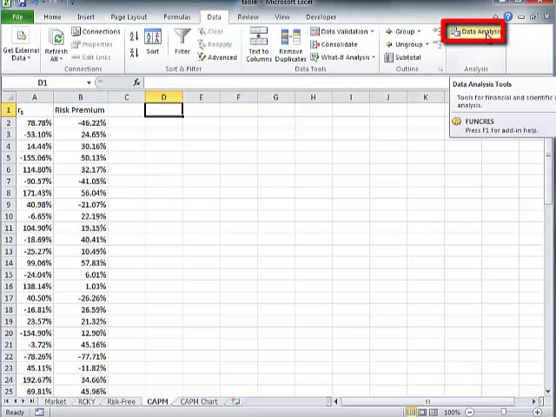Now, if you've been following along so far and you hit data and then data analysis, if you have a data analysis, bully for you. That means somebody's been using your computer and added that functionality to your Excel. It comes with all Excel programs. Many people never use it, so they don't actually build it in. So if you don't have a